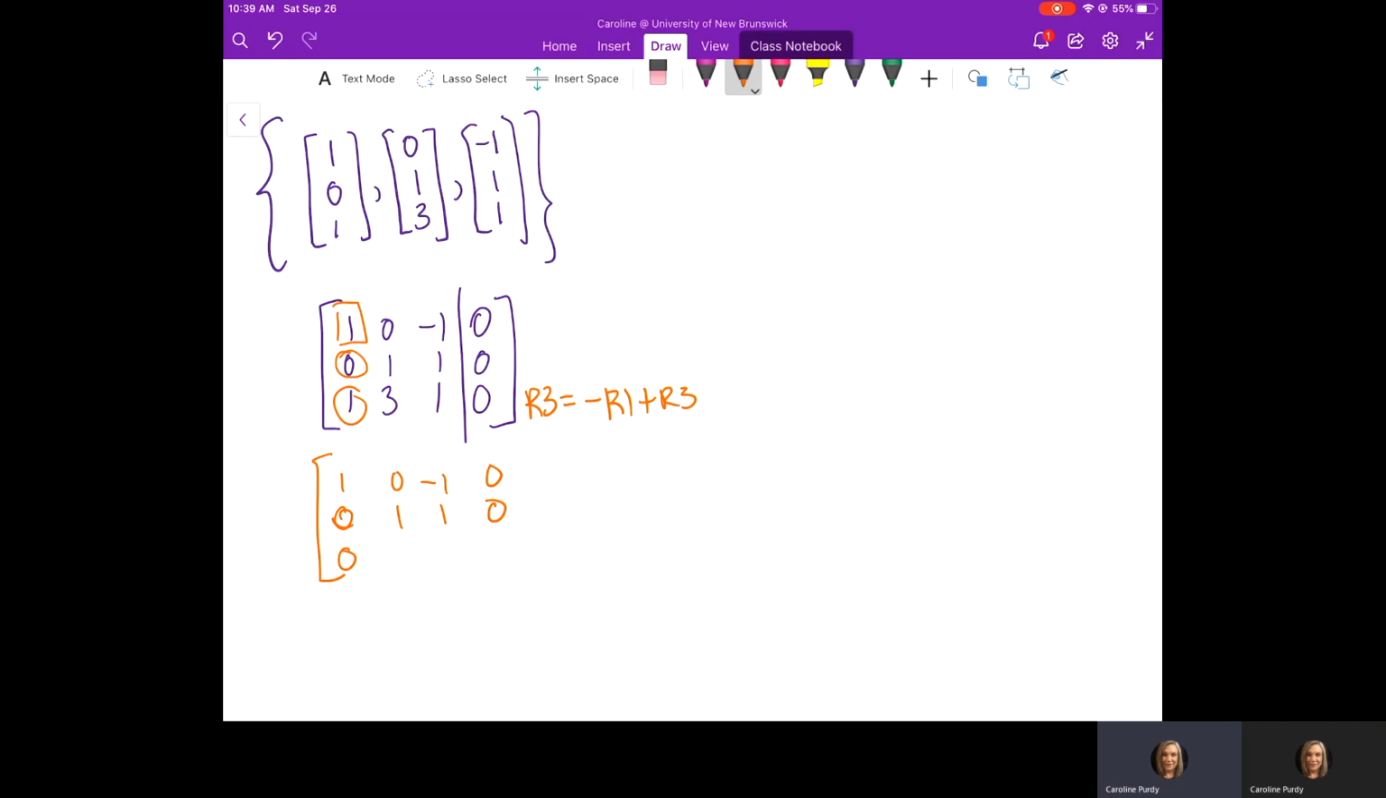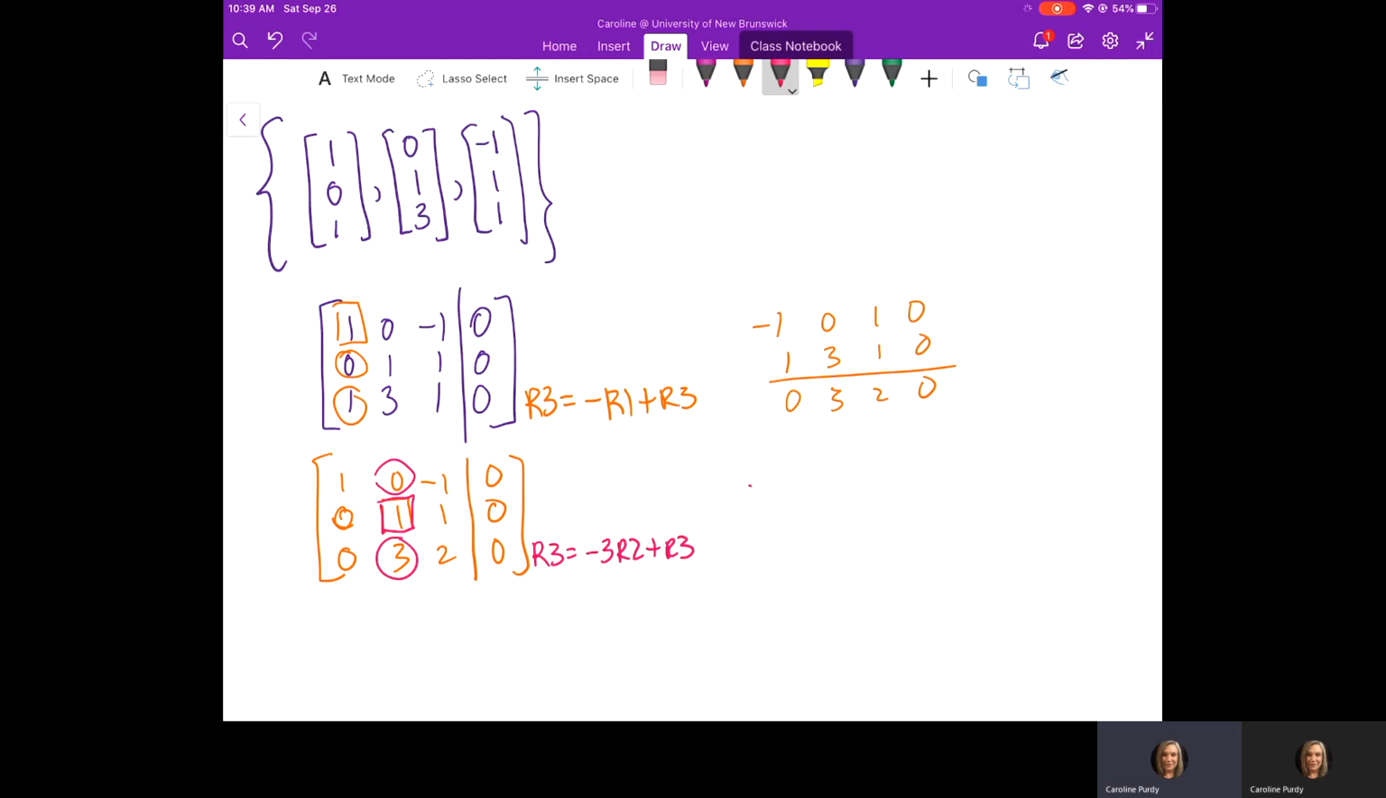So this will give me 0, 3, 0, 3, 2, 0. Now I've already got a 1 here and a 0, that's good. So in row 3, that's a 3, so go -3, row 2 plus row 3, plus row 3,